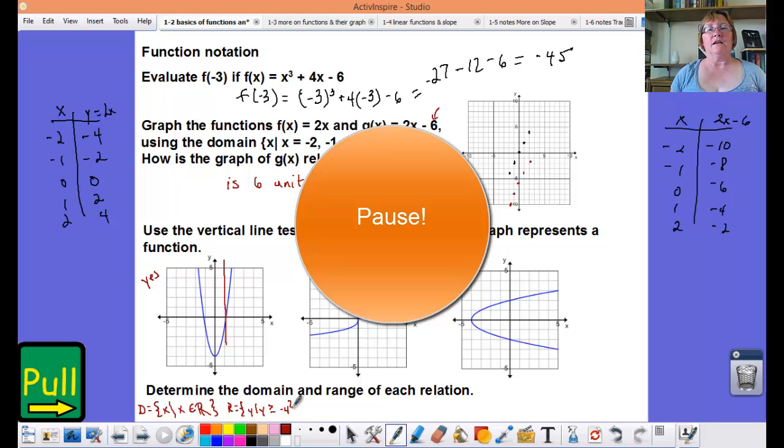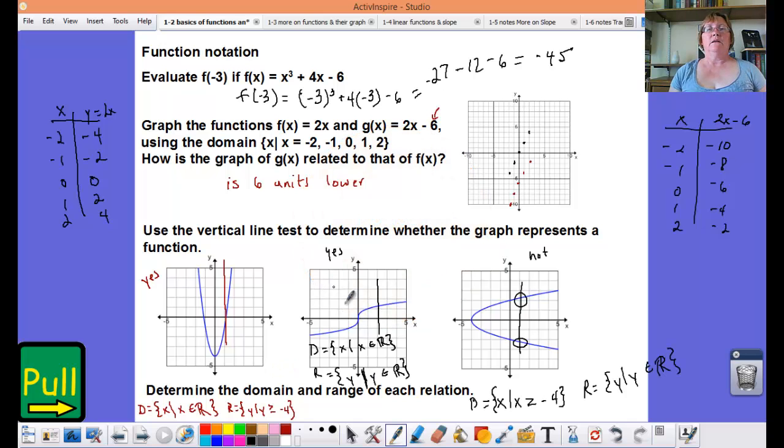I'm going to ask you to pause the video, do these last two problems, decide if you have a function, give the domain and range. Alright, here are my responses to those questions. The middle graph, yes, this is a function because the vertical line only hits it once. Its domain,